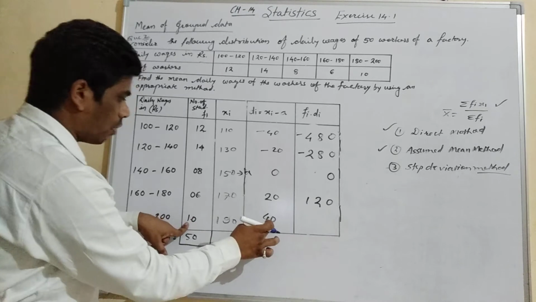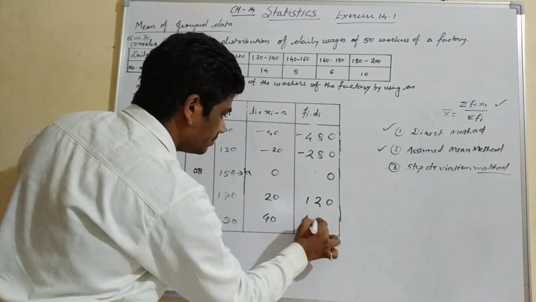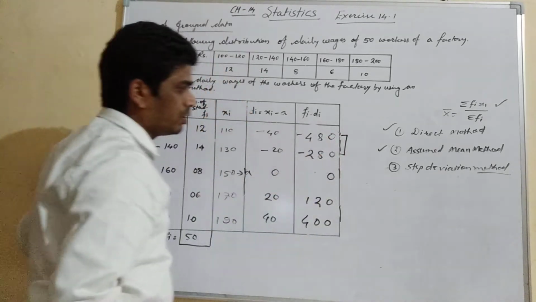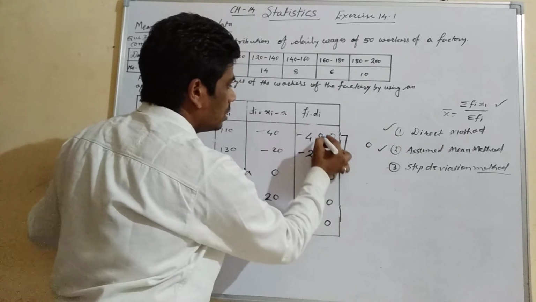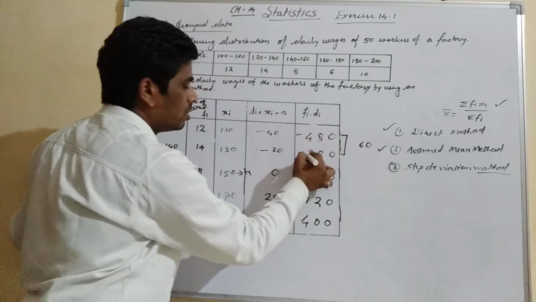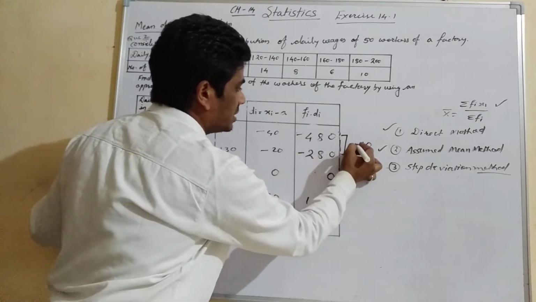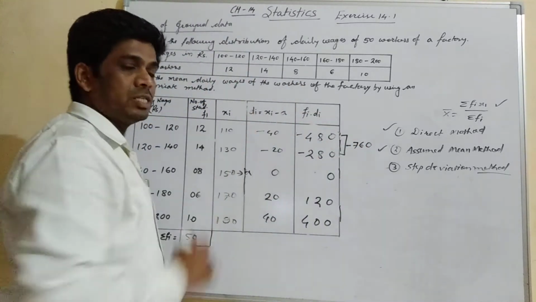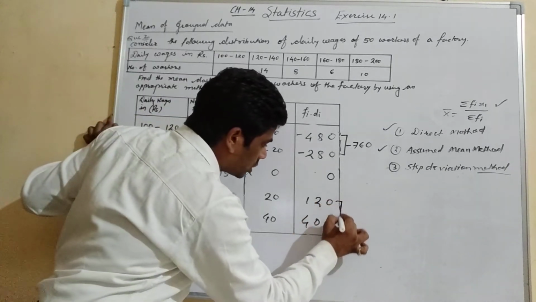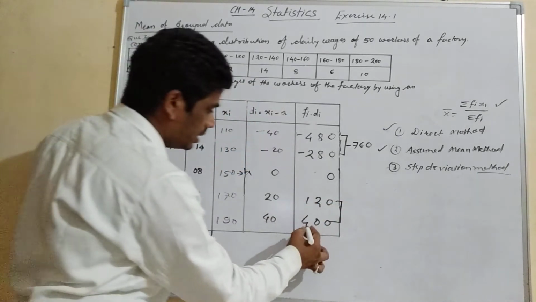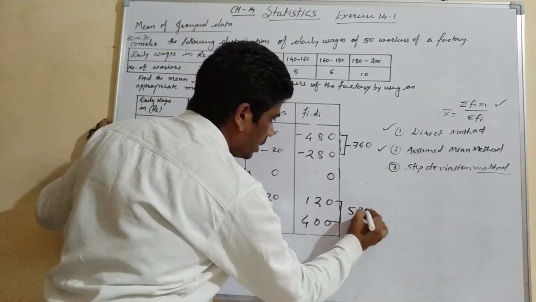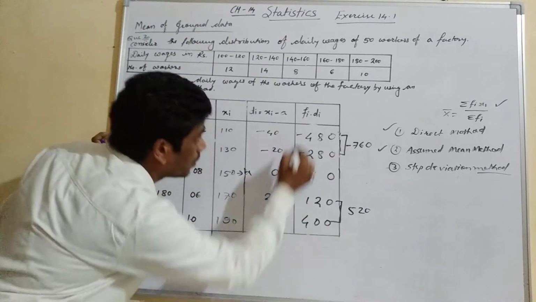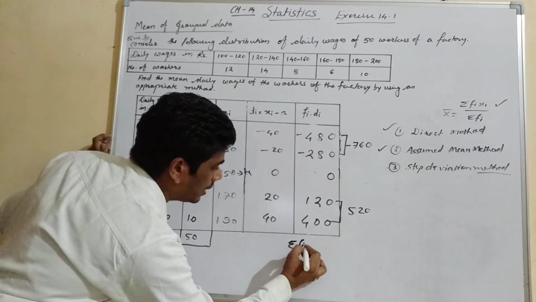This will also be negative because this is a negative number. Now 10 into 40, it will be 400. Obviously these are negative numbers, so the sum will be negative. How much will you get? 0. 8 plus 8, 16, 6 carry over 1. And 4 plus 2, 6, plus 1, 7. So minus 760 we will get. And here both are positive, so the sum will be positive, means we will get 520. Now this is negative, this is positive, so we will subtract. The difference we get will be summation of fi into di.